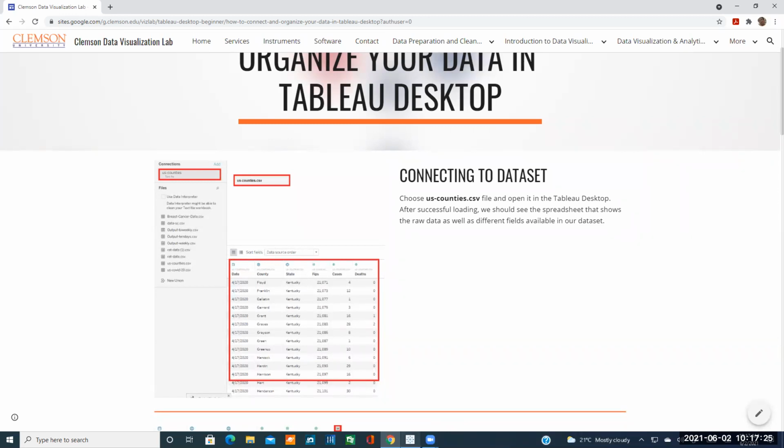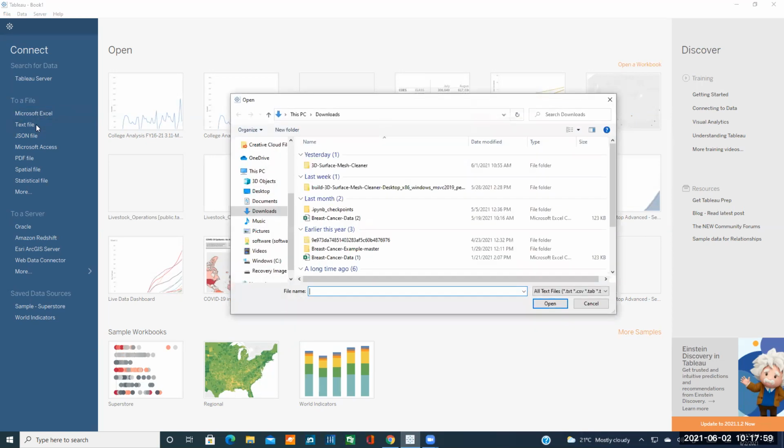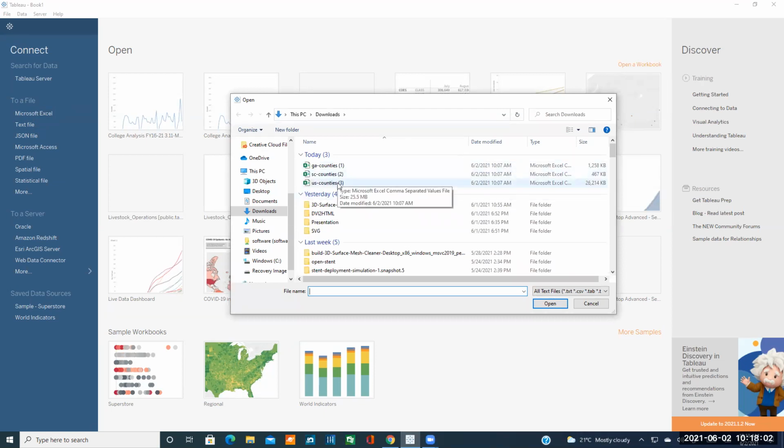Okay, so in order to connect Tableau Desktop to any file that we downloaded on our local machine, first you need to identify the type. Here, the 3 files that you downloaded are CSV files, which means they are comma separated values files, and those are identified as text files by Tableau. But you can import Microsoft Excel sheets directly as well if you choose Microsoft Excel here. So if you click on text file, you should be able to see these 3 different files that we downloaded. And if you click on open,